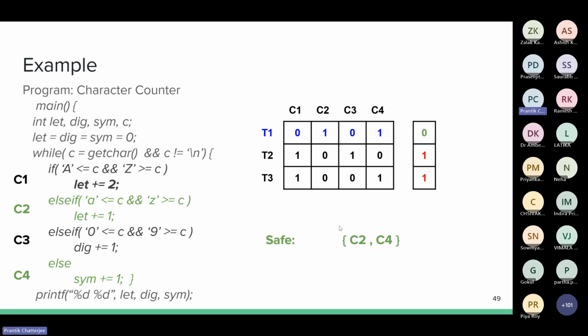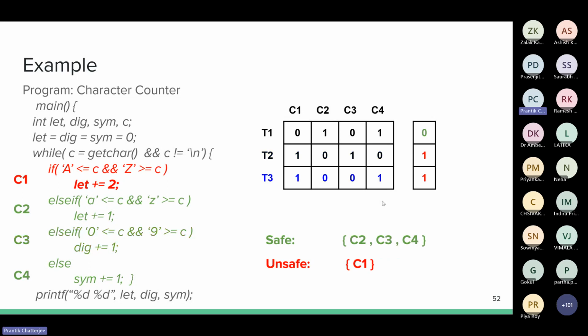So remember our assumption? Our assumption was that we only had a single buggy component, and a program does not fail until and unless you execute a buggy component. So given our assumption, since this was a passing test case and C2 and C4 were executed, we can infer that C2 and C4 are in fact safe components. They do not contain any bugs. Now let's look at the second test case. C1 and C3 are executed and the test failed. So we can conclude that either C1 or C3 must contain the bug, but we do not know which one.